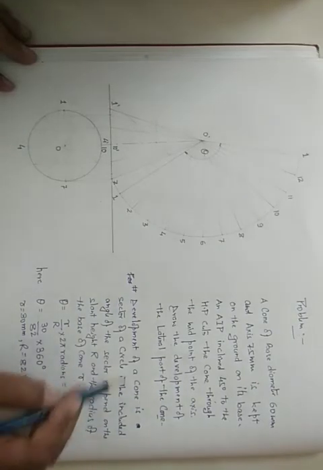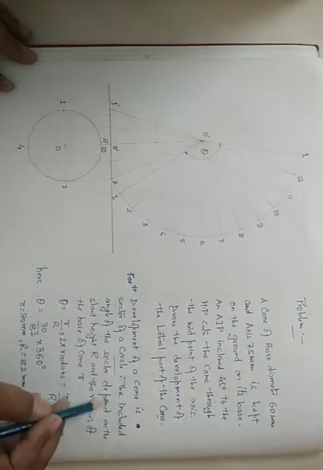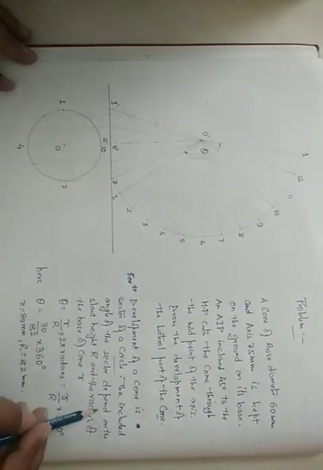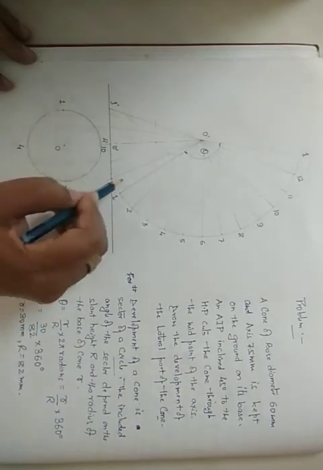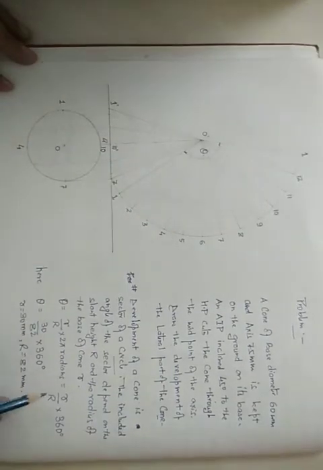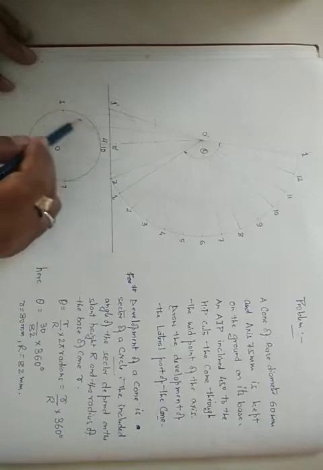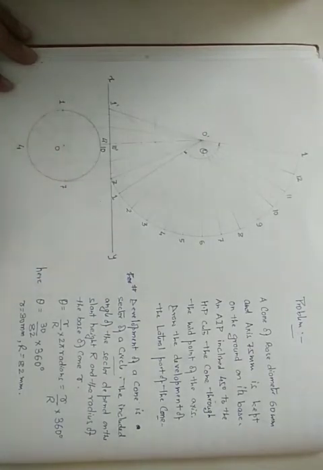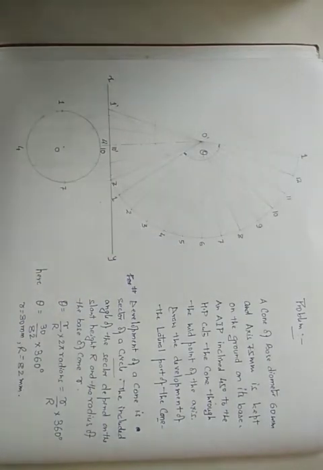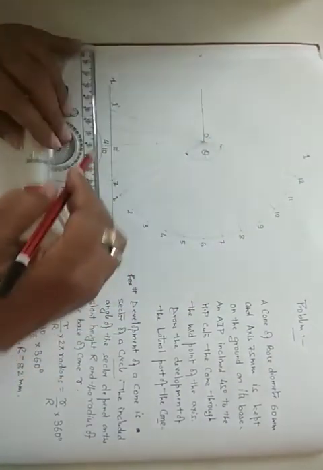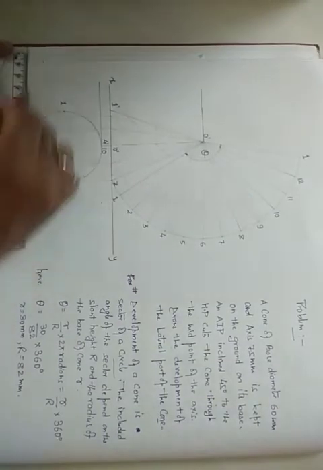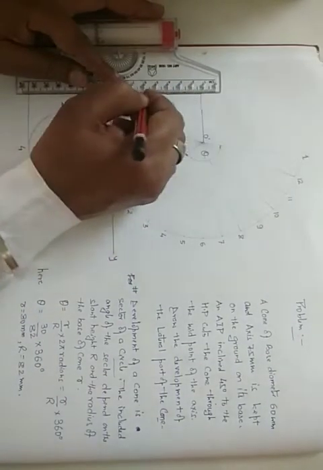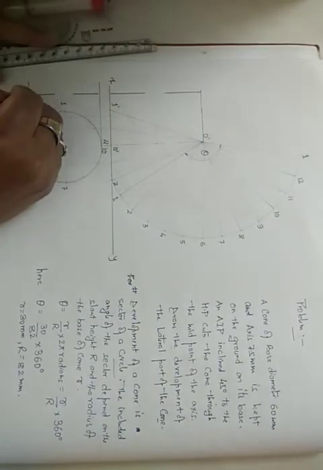As we know that development of a cone is a sector of a circle, and the angle that is made by that sector will depend on the base diameter, or you can say the base radius, and slant height. So initially what we have done, we have started with the top view, and after drawing XY we have drawn the top view, that will be a circle of 60 mm diameter, and then the height of the cone, that will be 75 mm. So I have drawn its front view, and we can dimension it like this. So this is 75 and this is 60 mm.